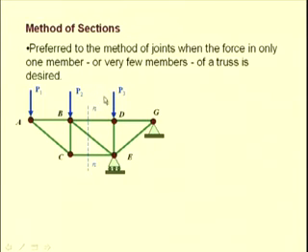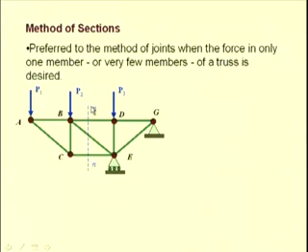it is not very efficient to find these forces by the method of joints, because in order to determine the force in BD, first we have to move from either joint G or E, where only two forces are unknown, and we have to move from one joint to another joint. So, the method of sections uses a portion of the truss and the free body diagram of the portion of the truss to determine the internal forces.